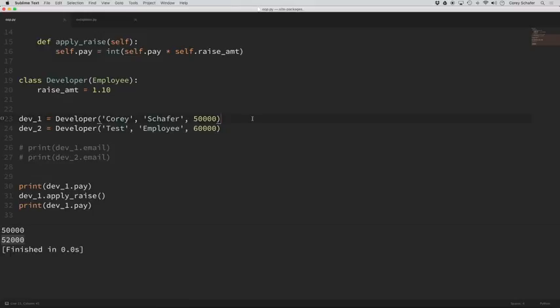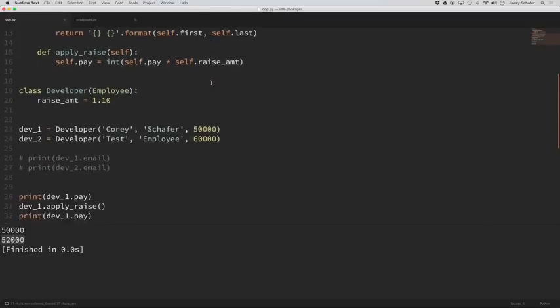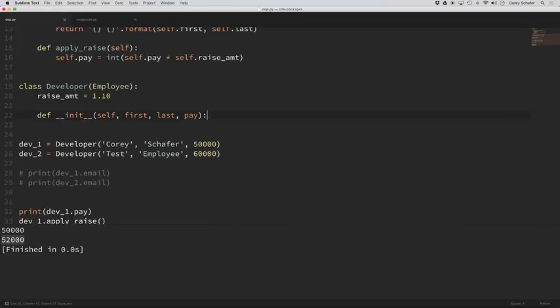So if we also wanted to pass in a programming language there, then to get around this, we're going to have to give the developer class its own init method. So what I'm going to do is just go up here to our employee class and grab that init method, and I'm going to paste it here within the developer class. Now, along with the first name, last name, and pay, I'm also going to add in an argument here for